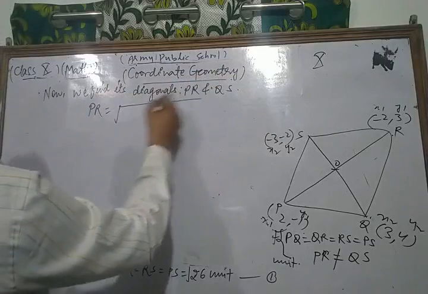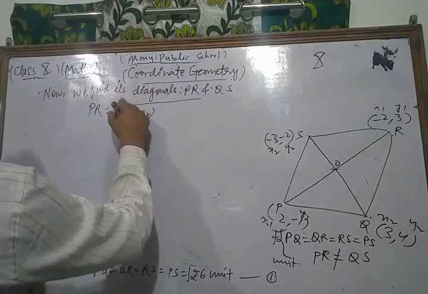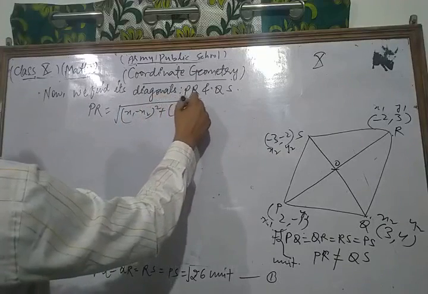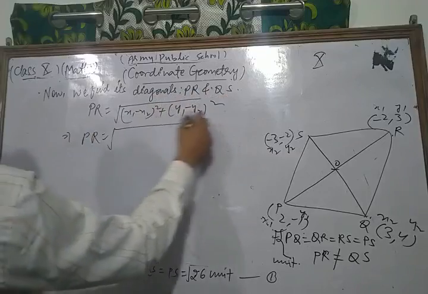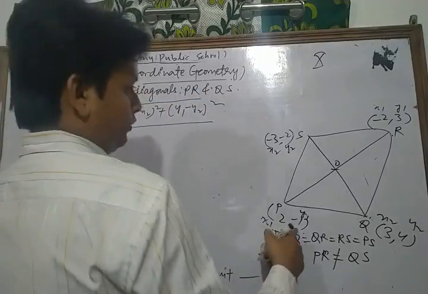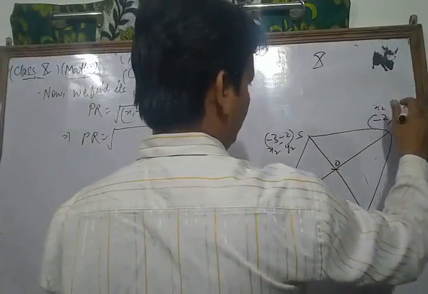For PR we apply the same distance formula, square root of x1 minus x2 whole square plus y1 minus y2 whole square. So PR is equal to, taking x1, y1 and x2, y2,